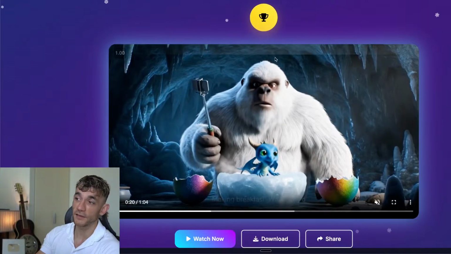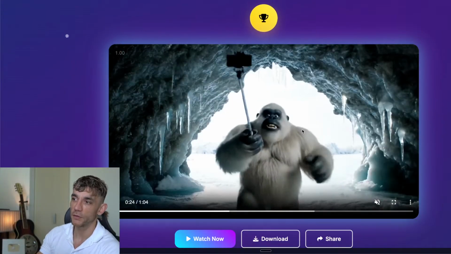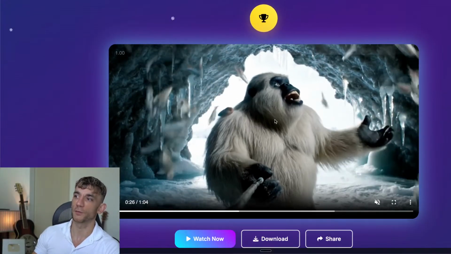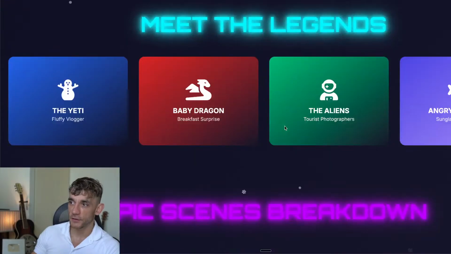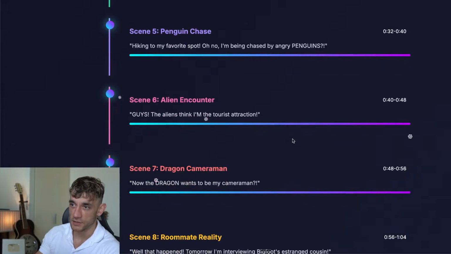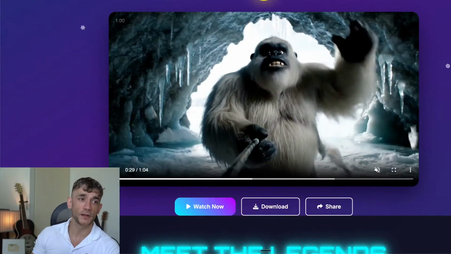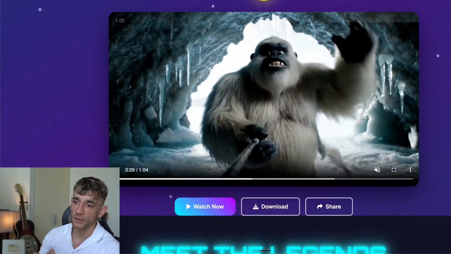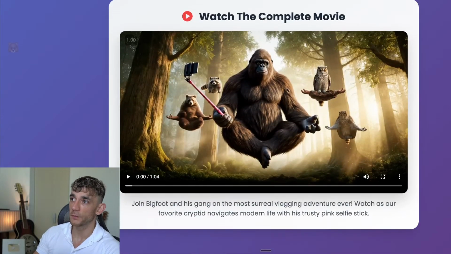And this is kind of like a Disney level film, right? It would be very difficult to know whether this is generated with AI or by some sort of movie production company. If you're not really into it, it's pretty crazy. And you can see how we've built this page out. It actually explains each scene step by step, and this is all done with GenSpark in a few clicks this morning. Bear in mind, the update only came out a few hours ago and it's already looking absolutely awesome. Here's another example.